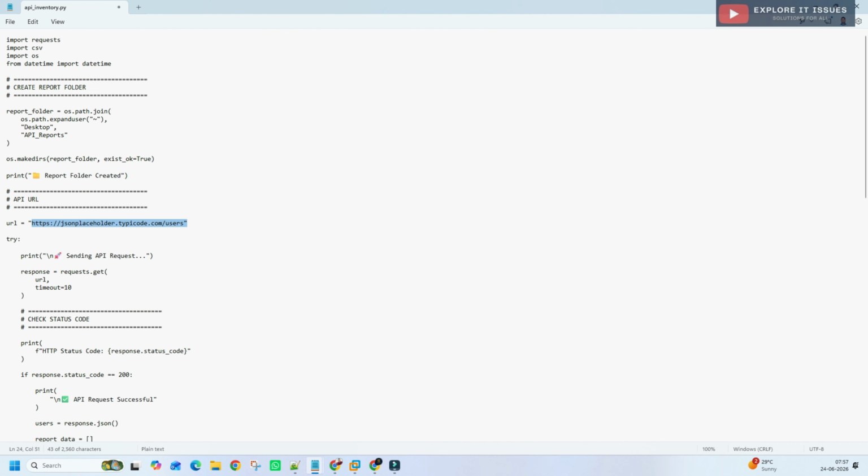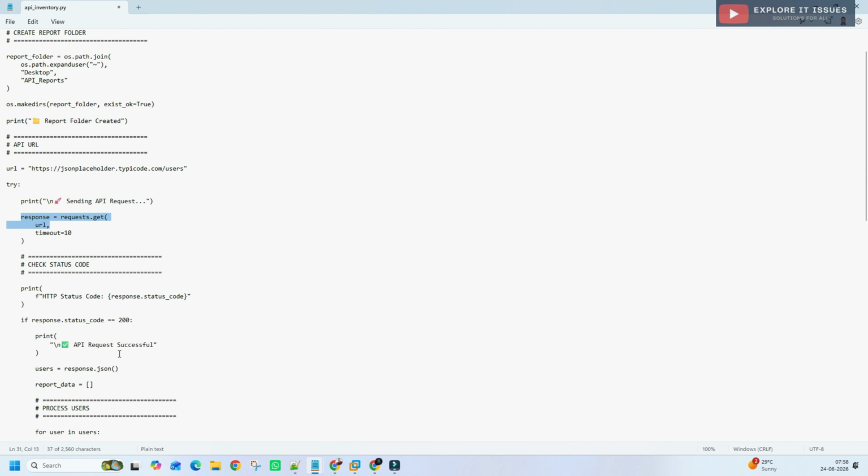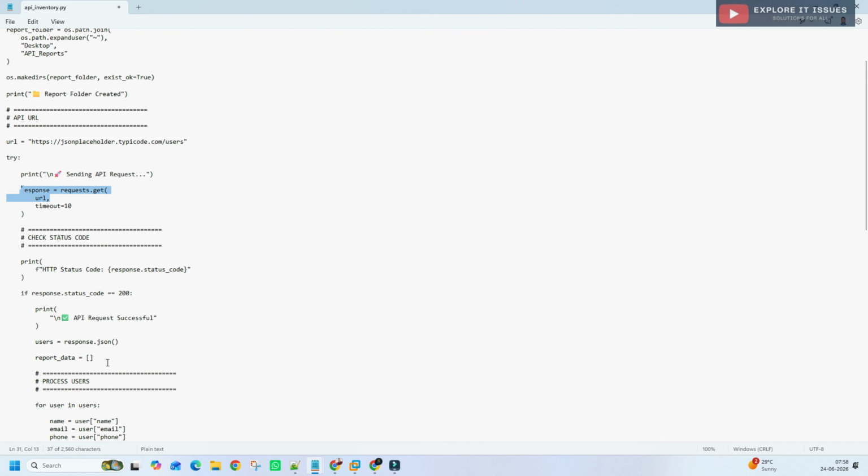Step 3 is response equals requests.get. This sends the GET request to the API server. Then step 4 is the status code: 200 means success.